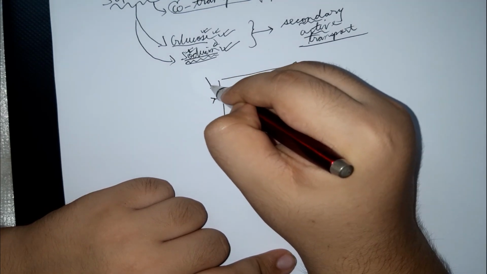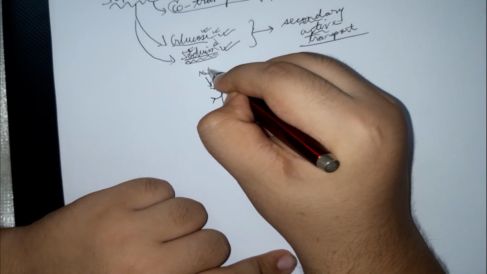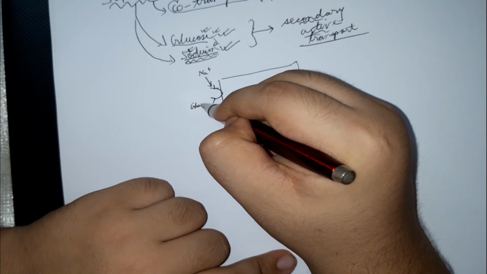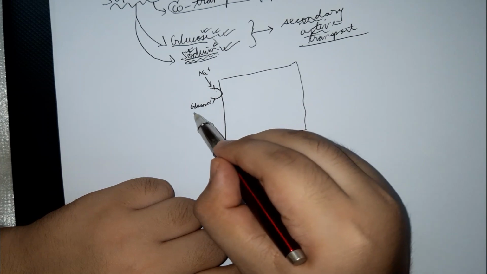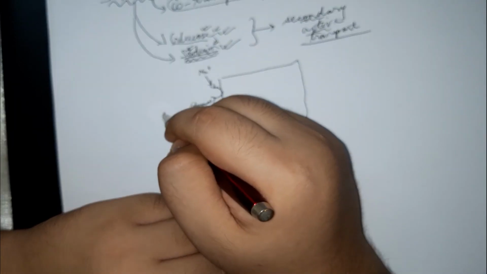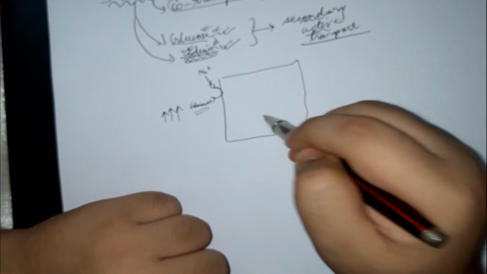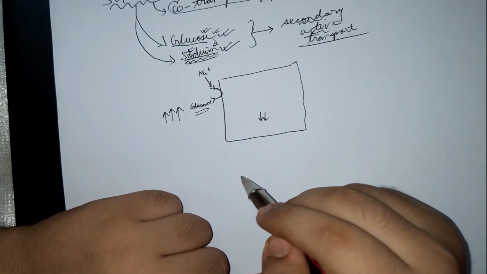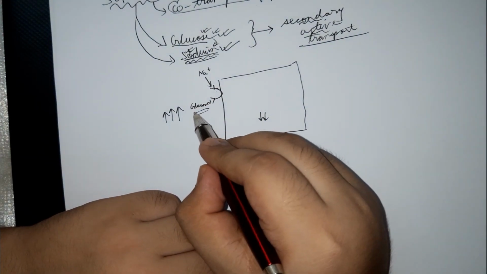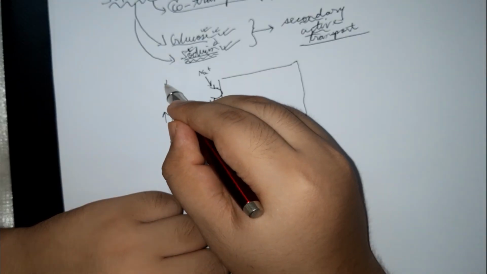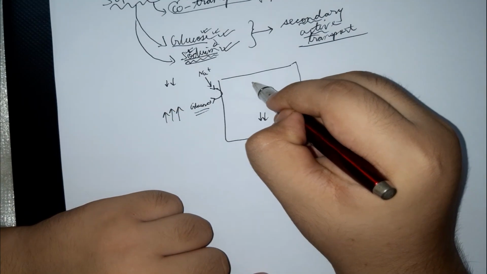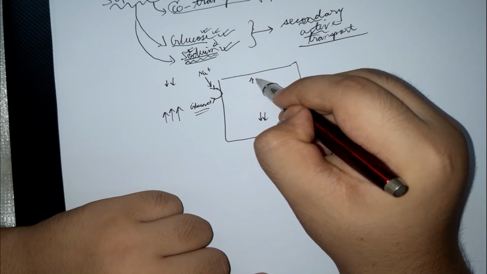One will be for sodium and one will be for glucose. See, glucose concentration outside the cell is very high. Inside the cell is low, right? So glucose is being transported against its concentration gradient. Sodium, on the other hand, is a little low outside but higher inside,